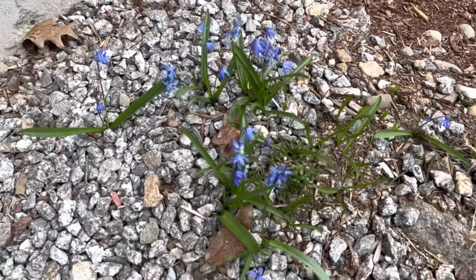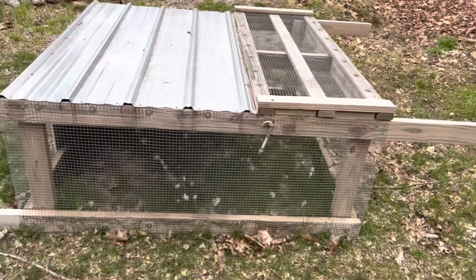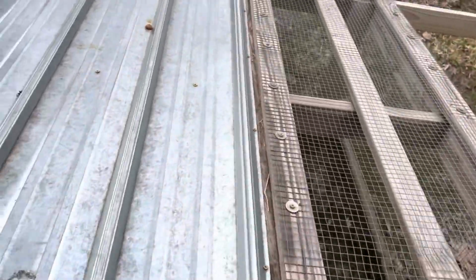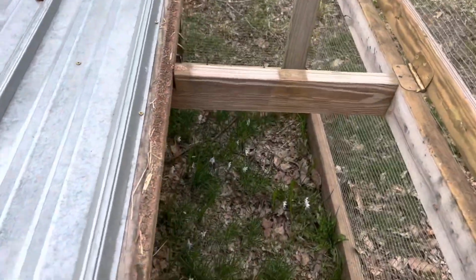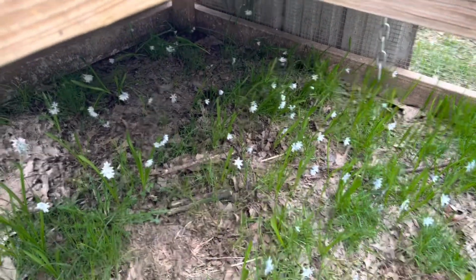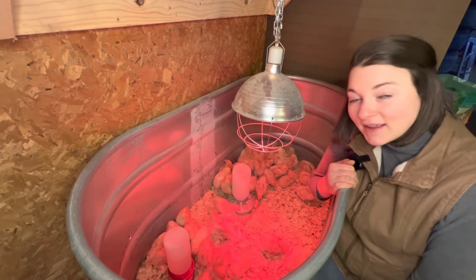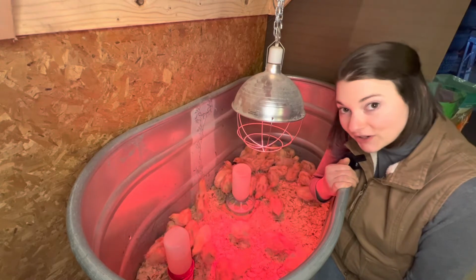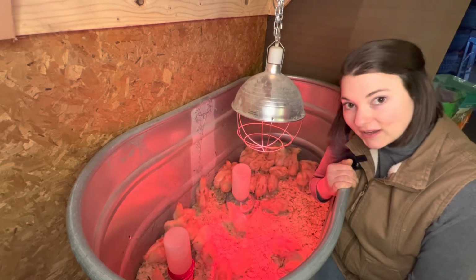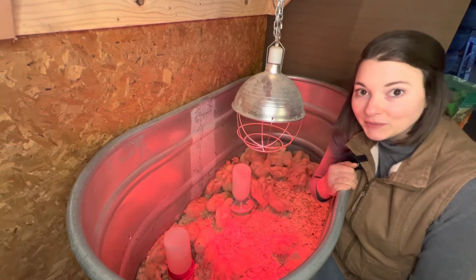So soon enough, we will start taking them outside on warm days for a few hours at a time to start getting them used to being outside. These guys will be in their brooder anywhere from 4 to 6 weeks. Depending on the weather outside is when we will decide to start putting them out. Well, as long as your chicks are kept warm and dry, and they're kept away from drafts and predators, and they are fed properly and always have fresh, clean water, your chicks should have no problem growing and